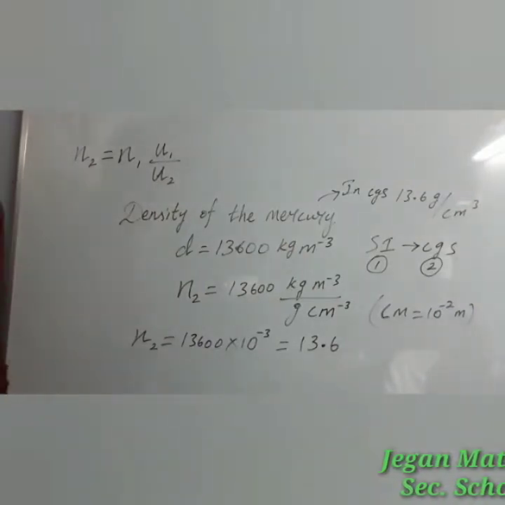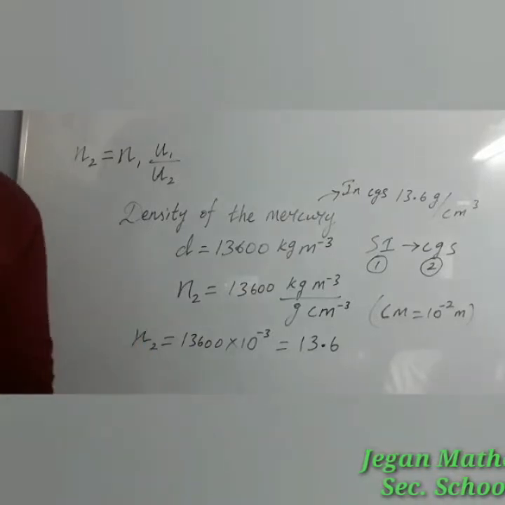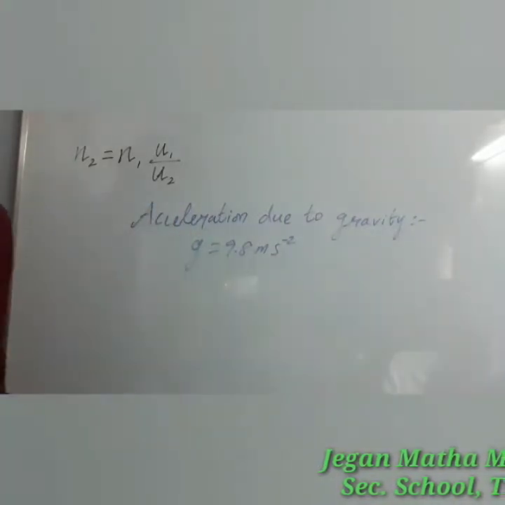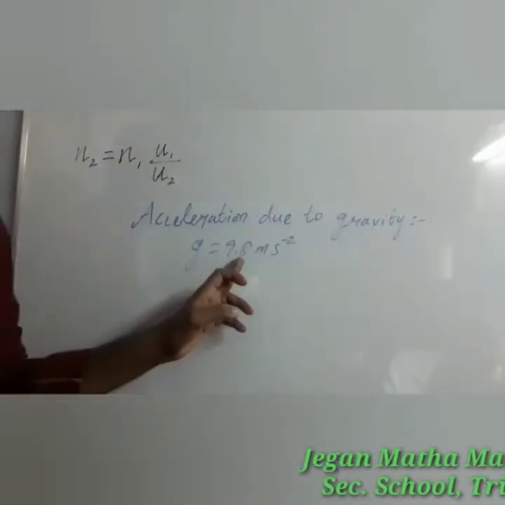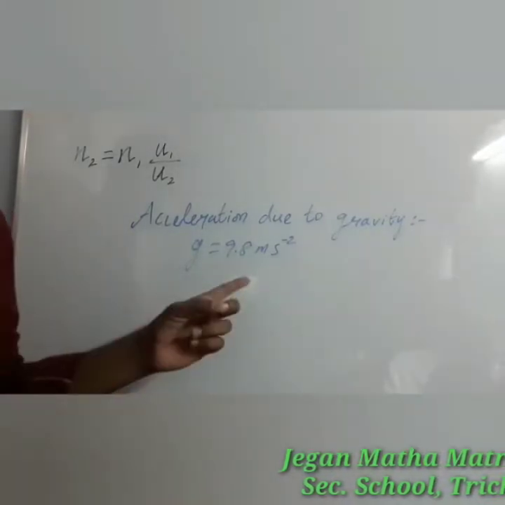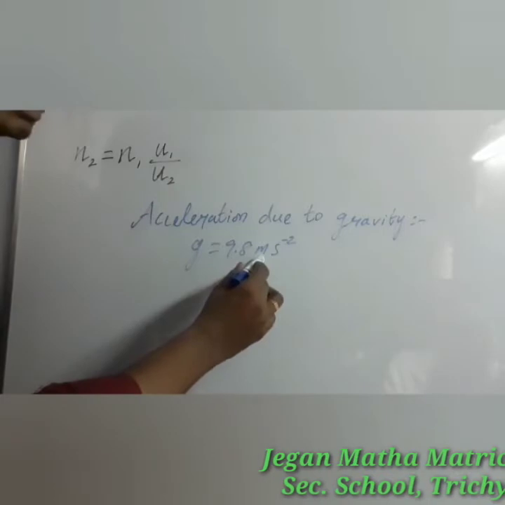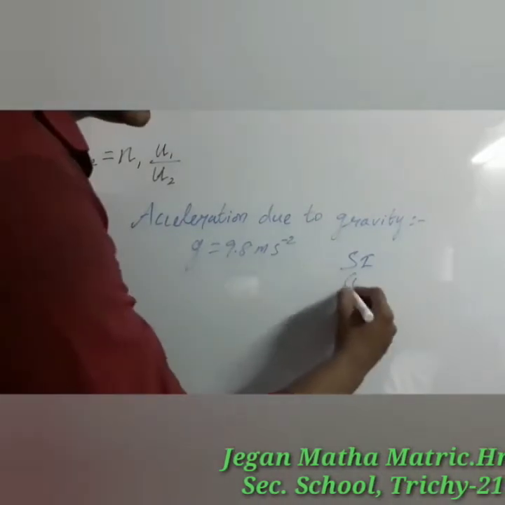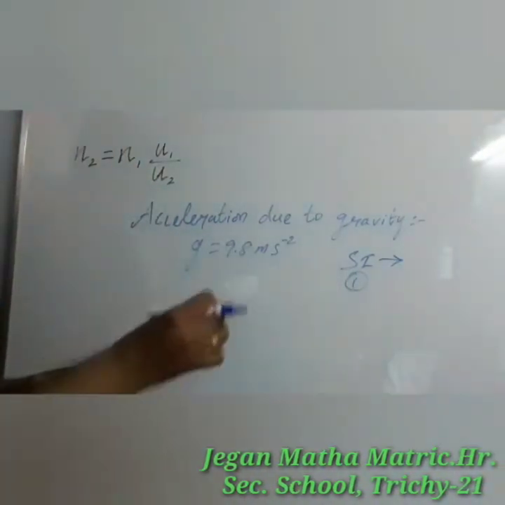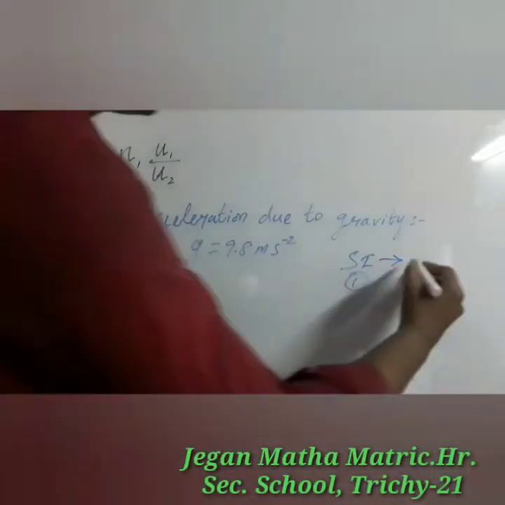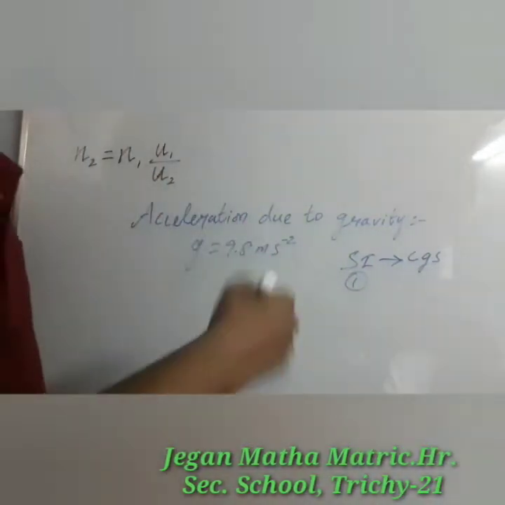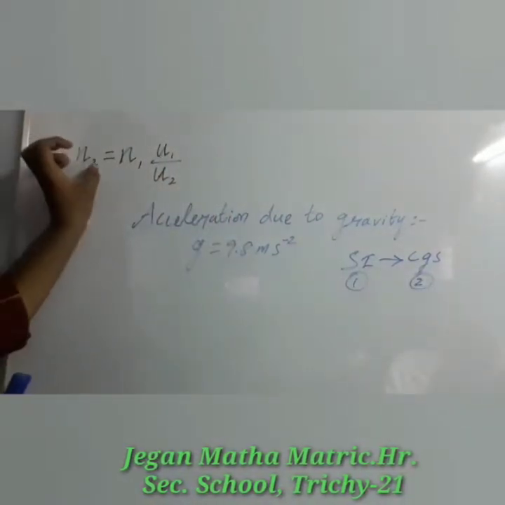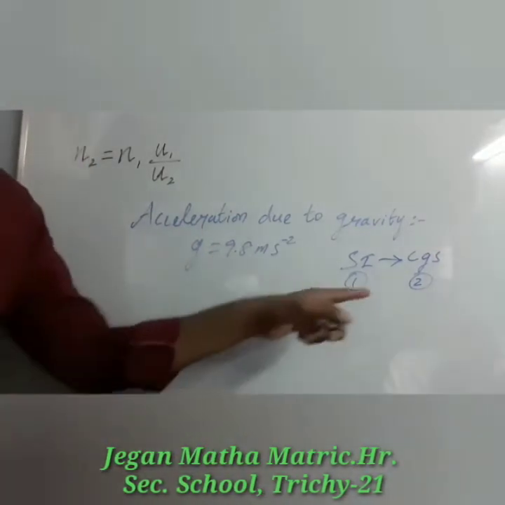Likewise, you can convert the acceleration due to gravity from one system of unit to another system. You may know the value of the acceleration due to gravity, g, that is equal to 9.8 meter per second square. Here what is the system of unit used? MKS, that is nothing but the SI unit. So write down that first, SI unit. That can be the first system of unit. Then it has to be converted, or you are going to find the value in the CGS system. Once again, the CGS system is to be used. Let us take that as the second system. How can you find it? Using this expression, you can find the numerical value of the acceleration due to gravity in the CGS system.